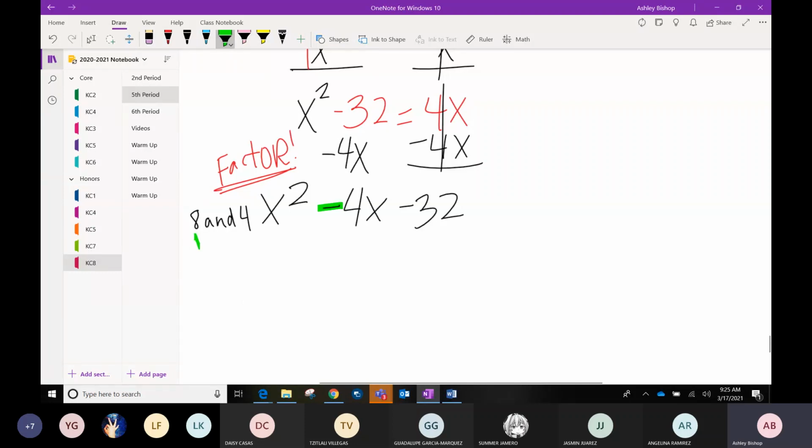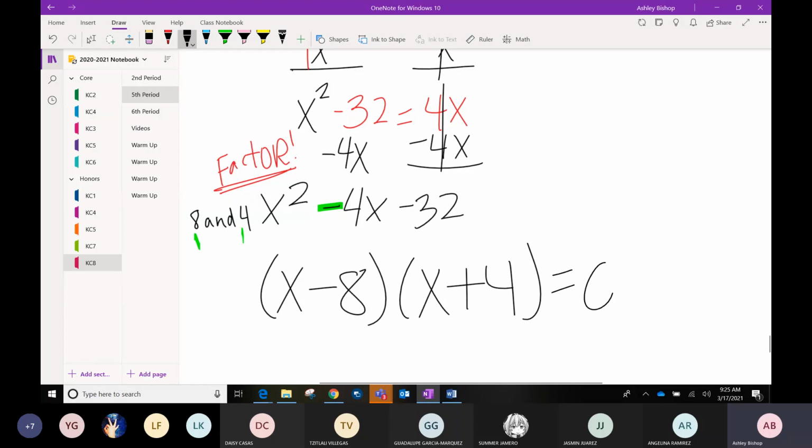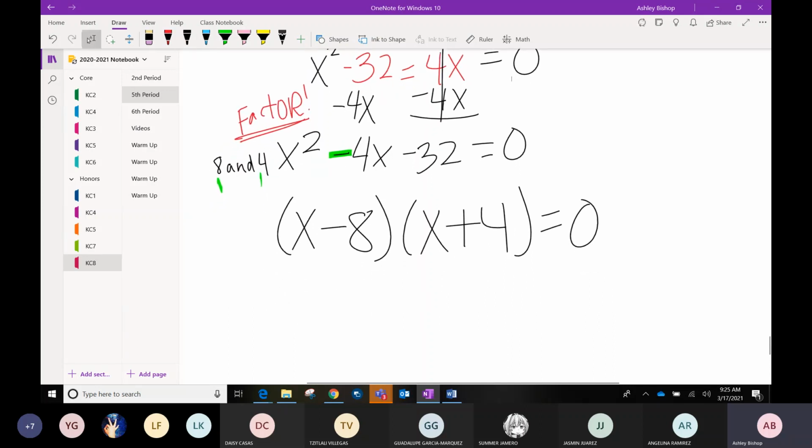So with 8 and 4, the version of 8 and 4 that will get me negative 4 is going to be a negative 8 and a positive 4. Negative 8 plus 4 will get me negative 4. So x minus 8 and x plus 4. By the way, since there was nothing left on the other side, this equals 0. So now that I factored,